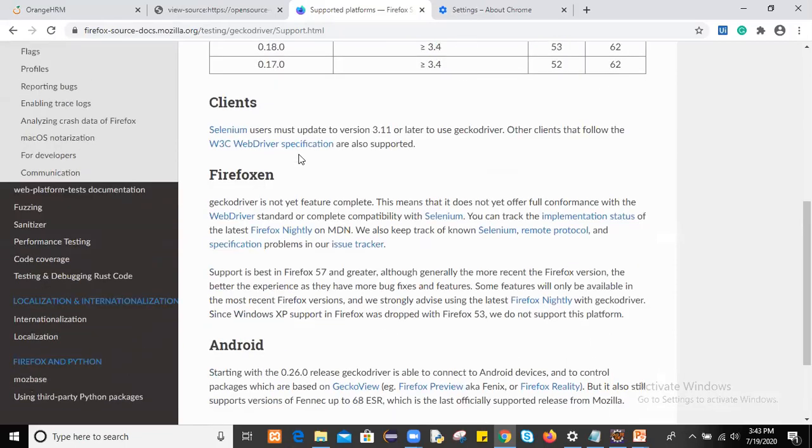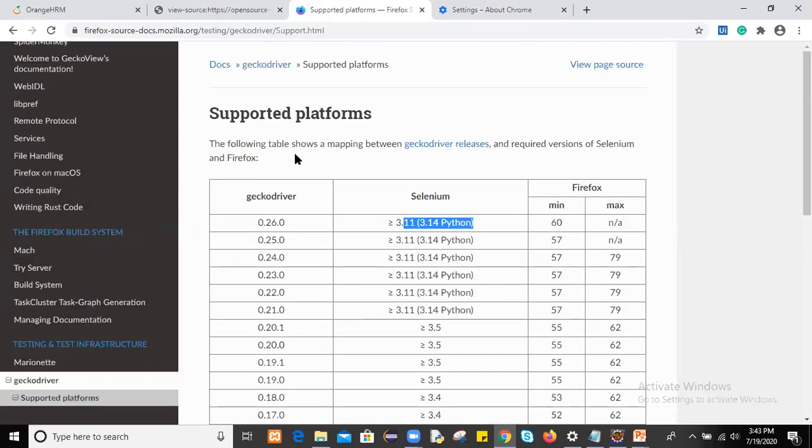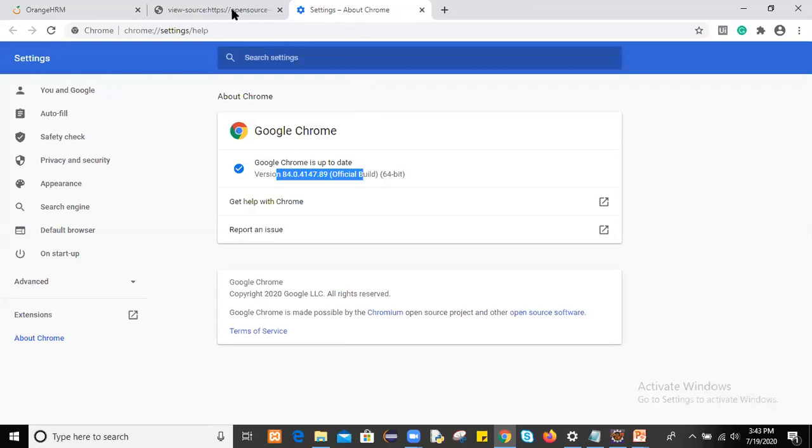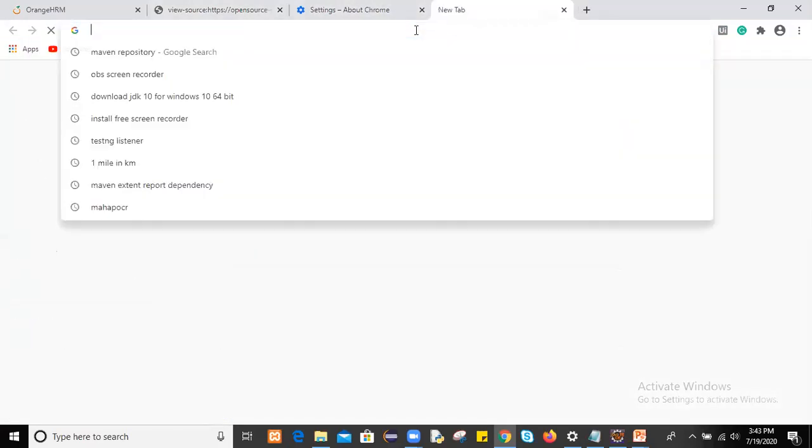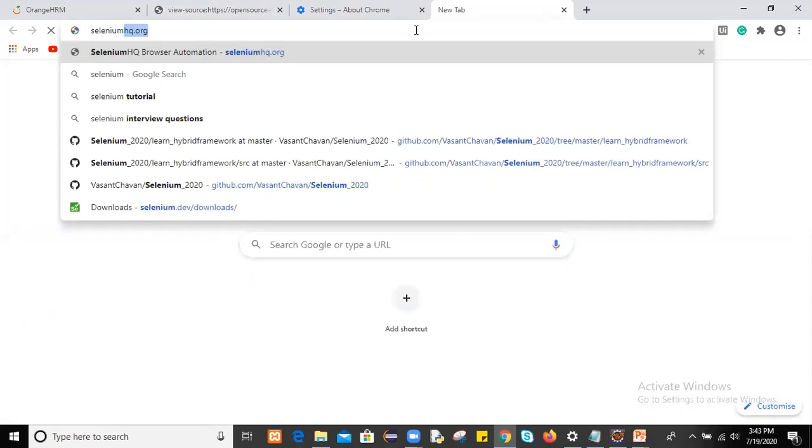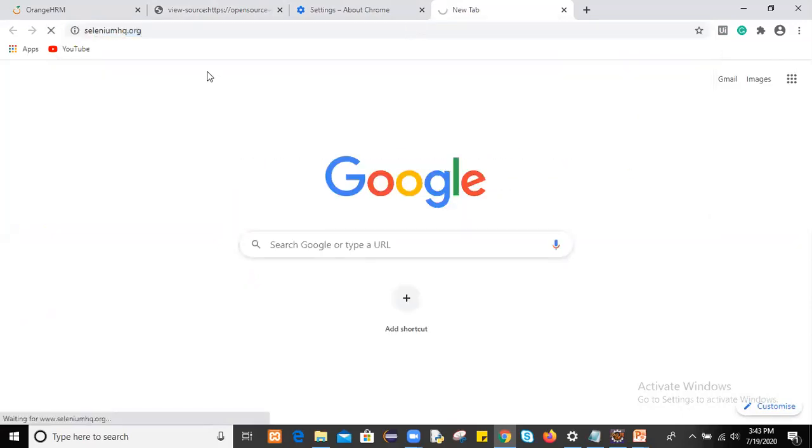This is the documentation for that browser. Let me navigate.